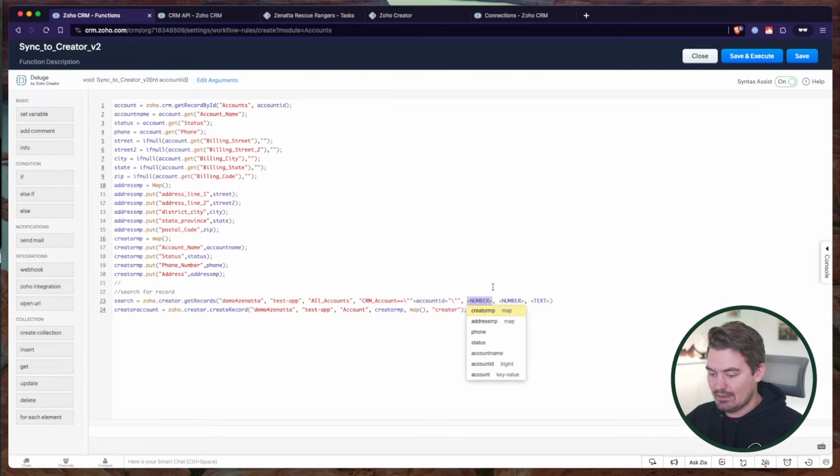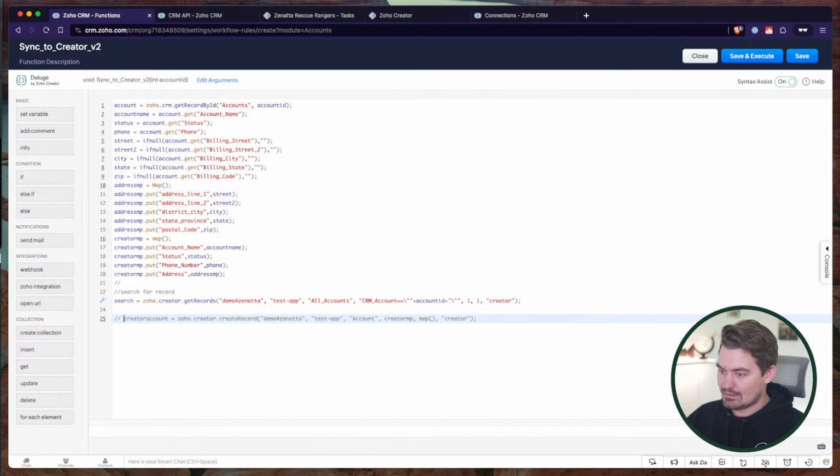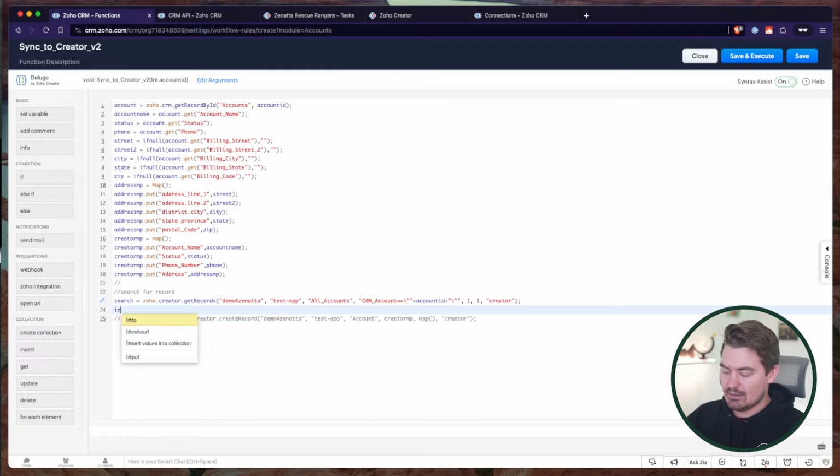And then the number here is our start index and limit. We only want 1 and we're starting from 1. Our connection name is creator. Bam. Before we do anything else, let's go ahead and just see what this gives us. So when I info search